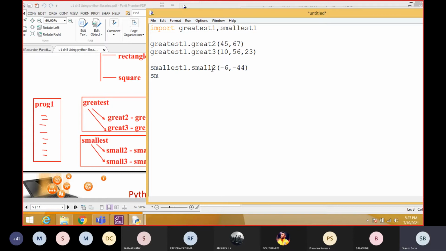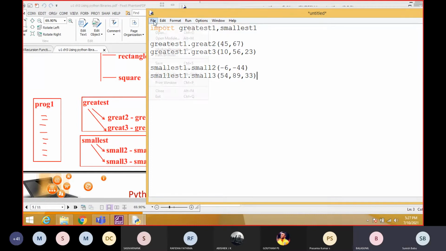The next one, smallest one dot small 3, with 54, 89, 33. So these are user defined functions. We are creating our own function and we are calling it. Students, understood?